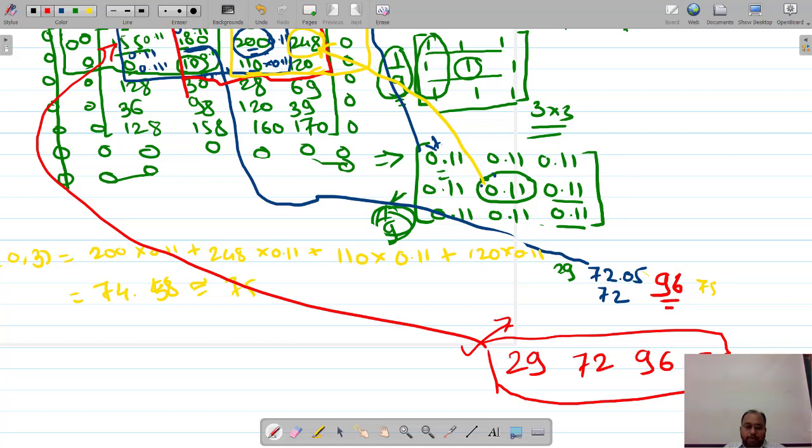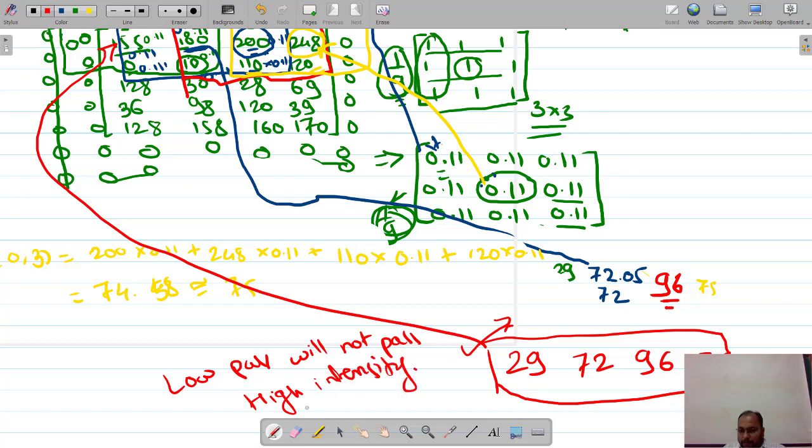So remember that a low pass filter will not pass high intensities. It will suppress the high frequencies, or high gray level intensities, right? So over here we have done that. It is all happening because of this weighted average filtering.